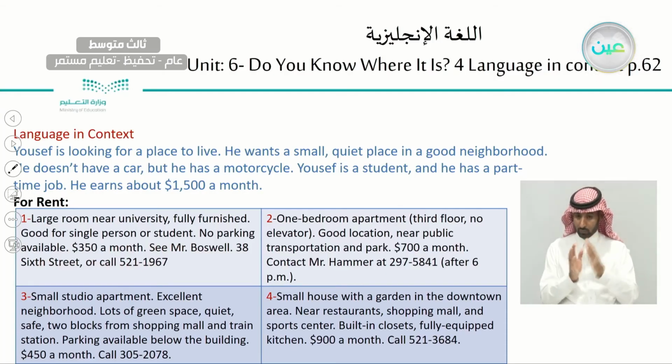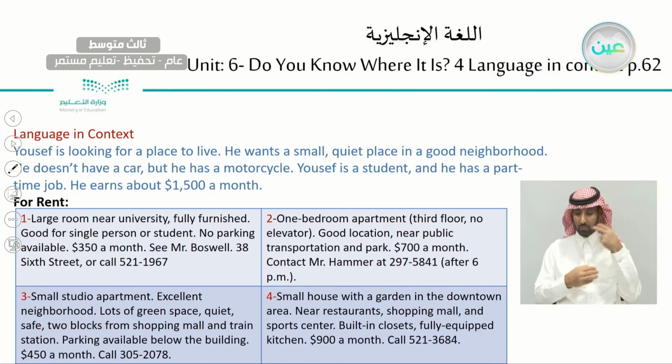Think about it. Look at the things they offer. It's near the university. It's furnished. It's cheaper than the other places. Let's read number 2. 1-bedroom apartment, 3rd floor, no elevator, good location near public transportation and park. 700,000 a month. Contact Mr. Hammer at 297-5841 after 6 p.m. The 3rd place, small studio apartment, excellent neighborhood, lots of green space, quiet, safe, 2 blocks